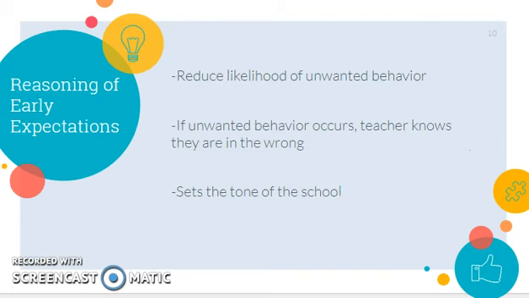By making your expectations known early, you reduce the likelihood of unwanted behavior from staff and students. Teachers will be able to identify unwanted behaviors and will know which behaviors they should be able to manage on their own and which ones may require sending a student to the principal. Make sure it is known that the expectations are that of the entire school and that they are intended for everyone. Also, it is important to make sure that the expectations are reasonable, fair, and clear so that there is no confusion.